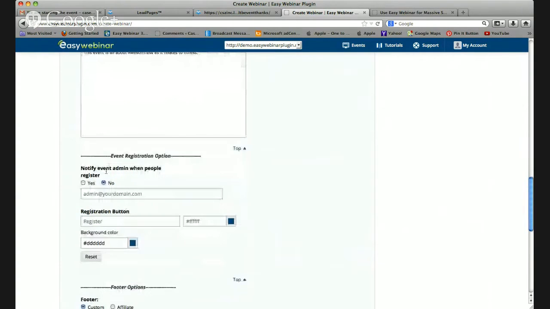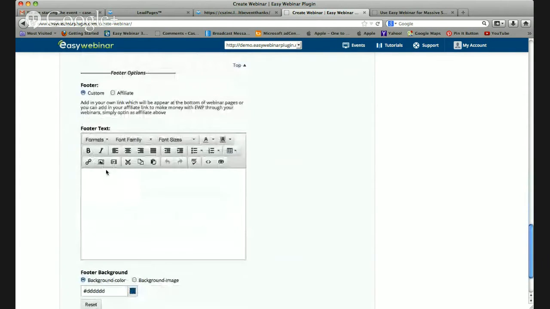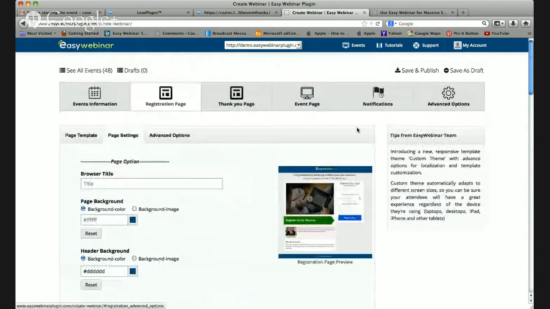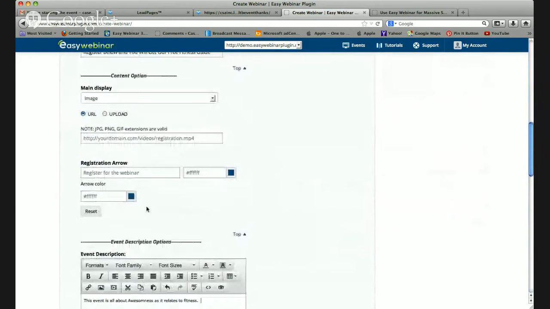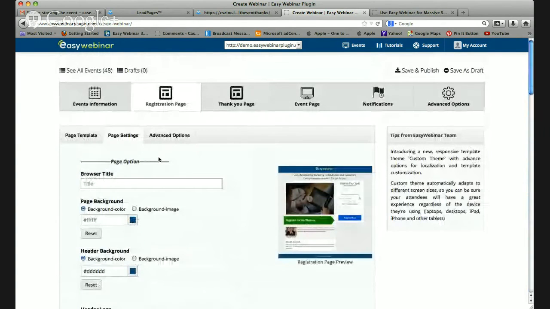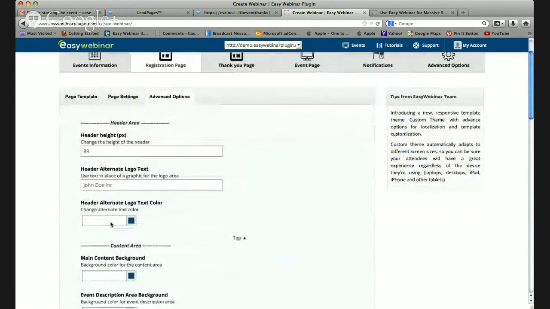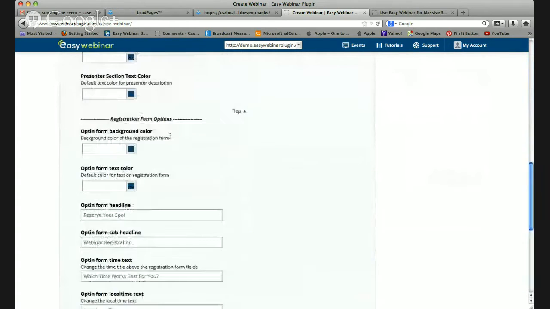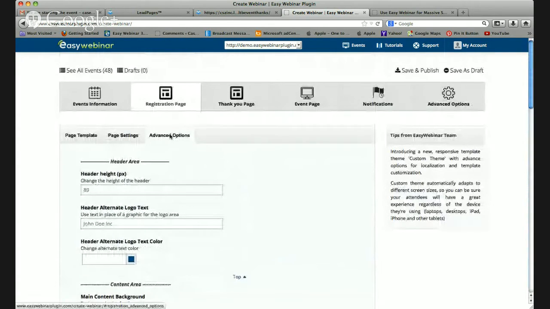And something you should know, once you create these pages inside of EasyWebinar, you can then clone this into a new webinar. So you don't have to redo all this data, redo all this stuff if you don't want to. Okay? You can save this and reuse it for another webinar. You really don't need to go into the advanced options normally, unless maybe you are in a different language and